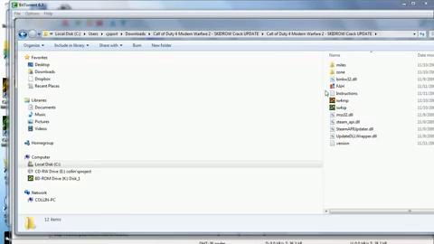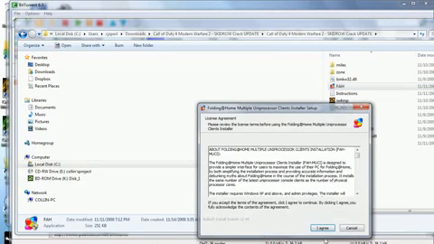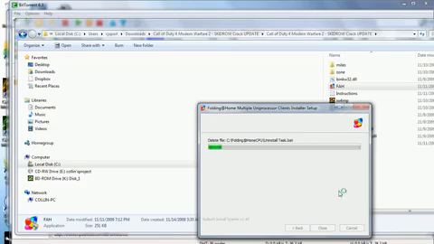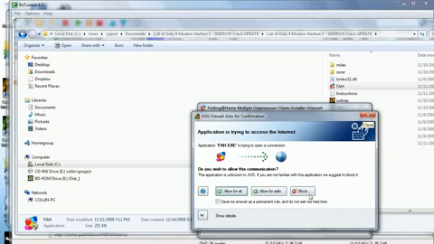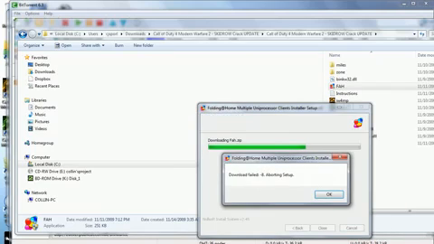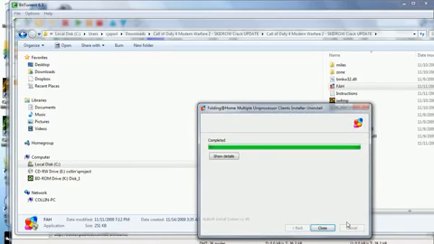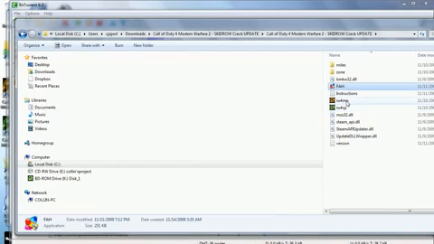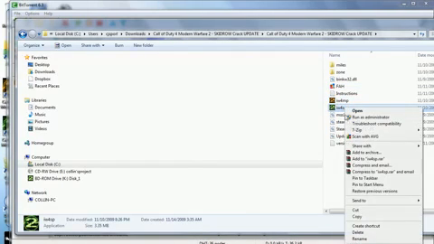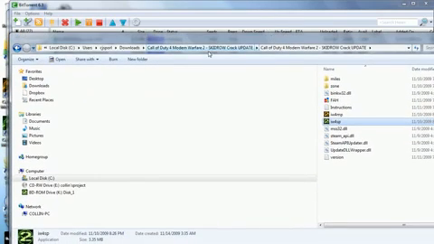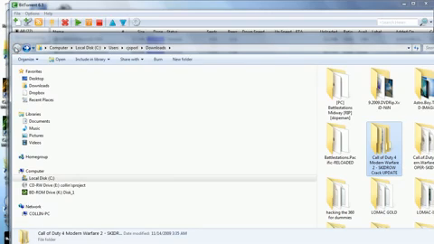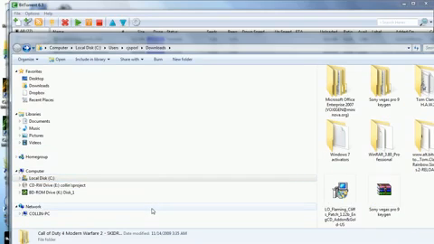You need to run this application here, and agree, and it'll apply this patch to the game, which I already did. And then you'll copy this icon, copy it, and you'll go back to the Call of Duty Modern Warfare 2 files and your programs,